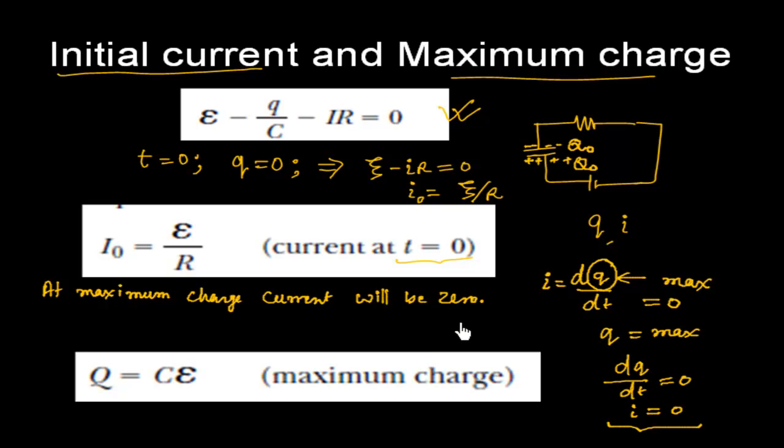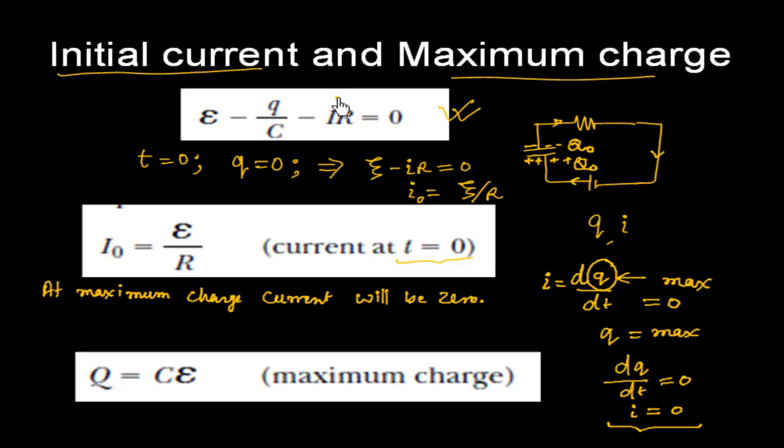And this can be verified also in this way. Charge is flowing from here to here, so slowly charge will develop, and a time will come when this charge is trying to push the new charge that is coming. So at that point of time we will have no current. So at the time when you have maximum accumulated charge on the capacitor, I equals 0.